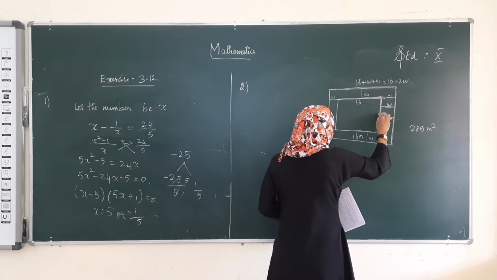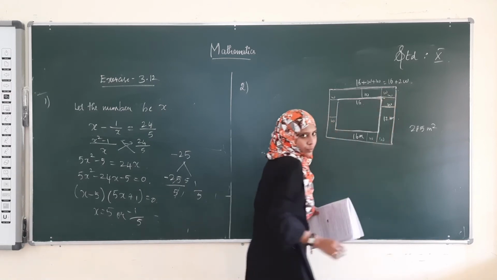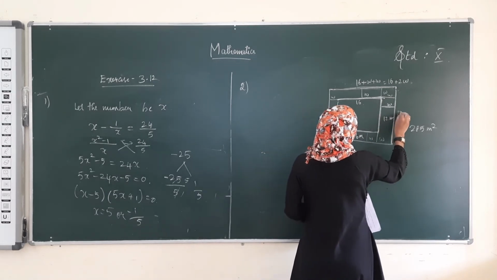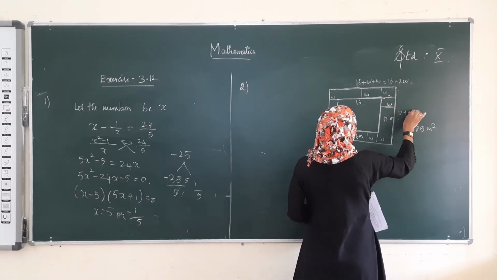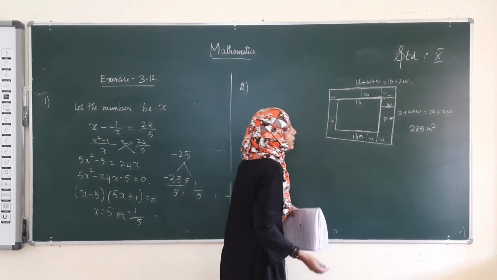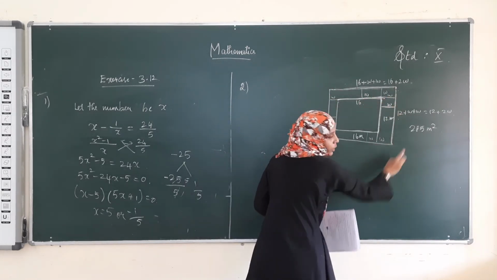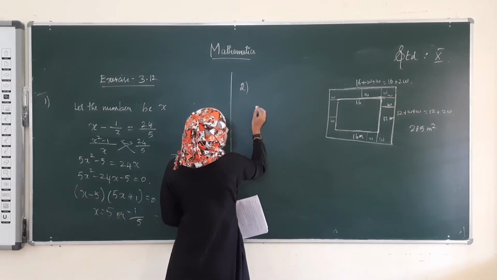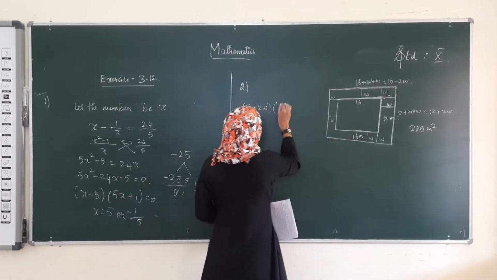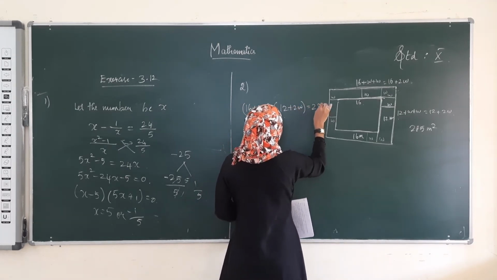And this one, the breadth, this is 12 and this is W, and this is also W. The width is the same in all these. Therefore, this is 12 plus W plus W, which is equal to 12 plus 2W. So what's the total area? 285. That is, L into B is equal to 285. Therefore, 16 plus 2W into the breadth 12 plus 2W is equal to 285.